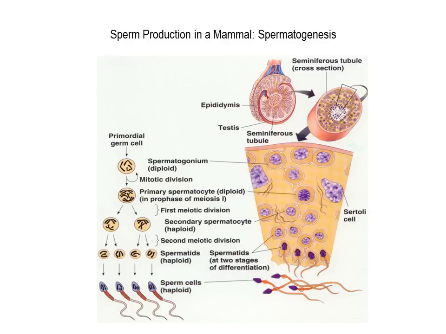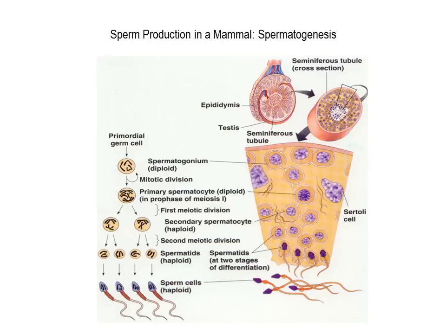And so we have to pay attention to the last couple syllables on each of these terms. The most primitive is the gonium. Same holds true for making eggs. Those are the oogonium. Once we have actually entered meiosis, and you can see this by them going into prophase, they're just 1 or 2 cells deep into the tissue. And that's something you should observe when you look at these things. You can see that they've entered meiosis. They are therefore a primary